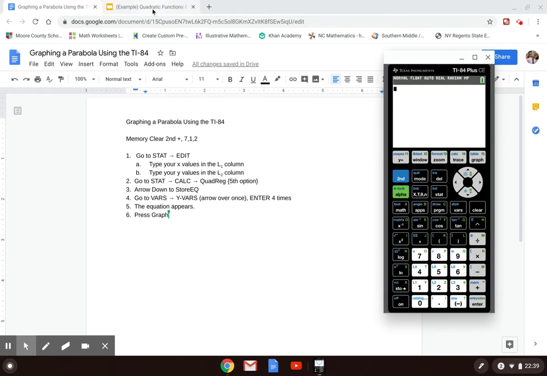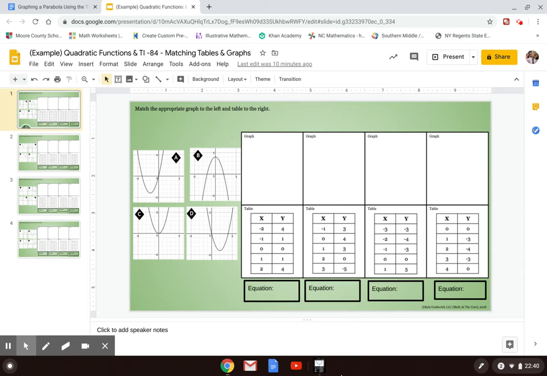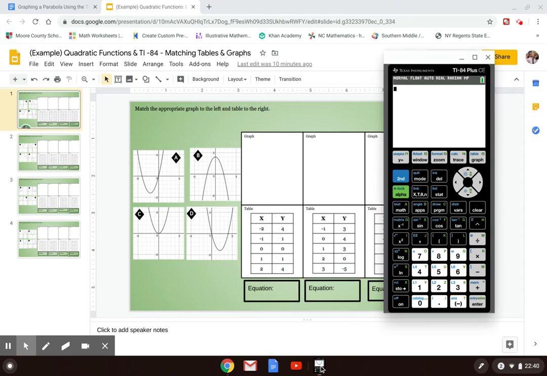Okay, so let's go ahead and get into what we're going to be doing today. I will do the first couple as an example for you, and what you need to complete is all 3 slides of this assignment. Okay, so let's go ahead and start with the first one. It says to match the appropriate graph to the left and table to the right, and then underneath you're going to write the equation. So let's go ahead and start with our first one here, and we're going to hit